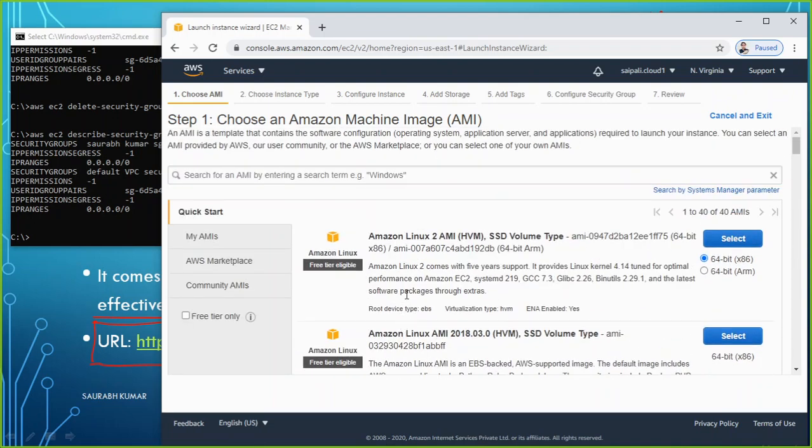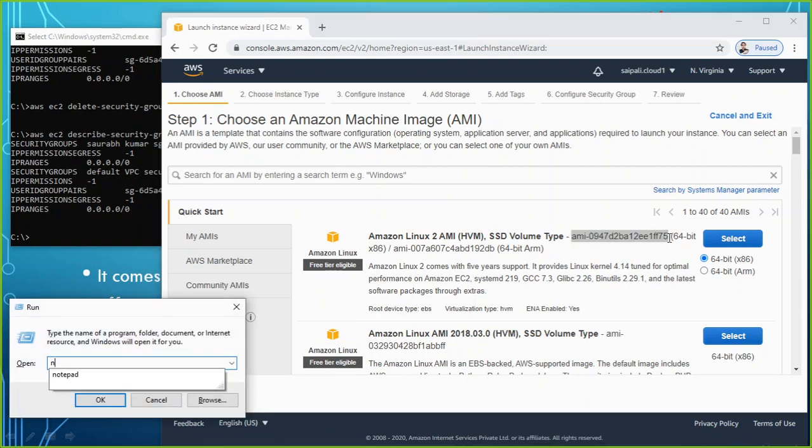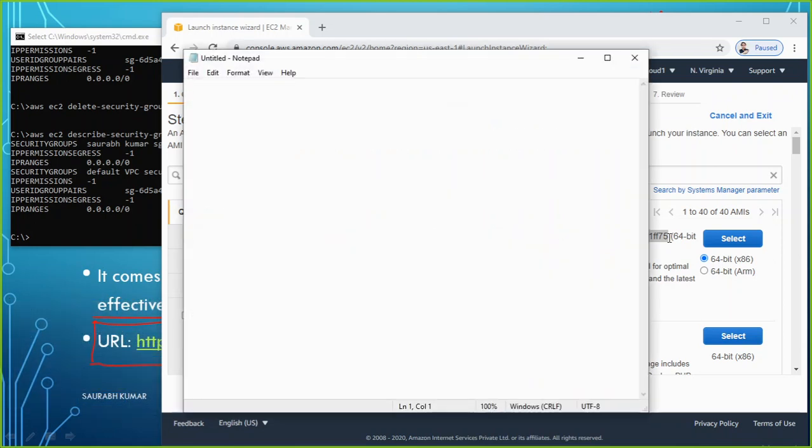Let me take the example of the first one itself, Amazon Linux. So I have to know these things already, so let me copy it and mention here what things we will need. In Notepad, if it asks me about the AMI, what will be the ID? I will be using this ID.